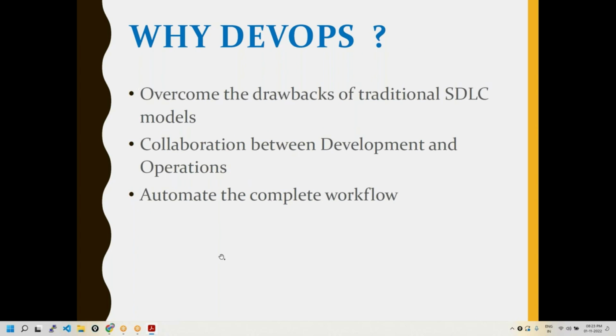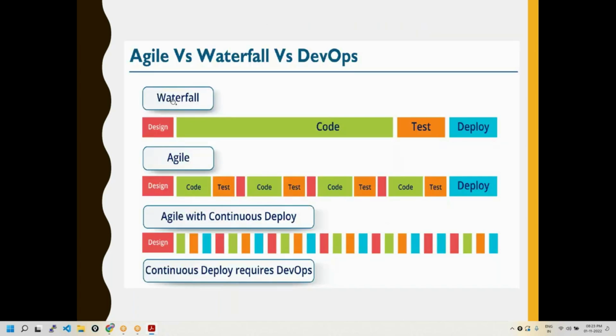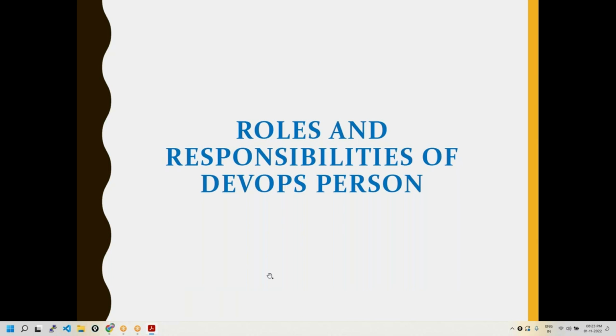Okay. And what is DevOps? We have discussed the differences. Waterfall, if you see, each phase goes one after the other, whereas in Agile methodology, the phases go in parallel, like iteratively, continuously. Whereas in DevOps, yes, you have the continuous process of deployment also, right? So you could also analyze these pages. I'll share it with you after the class.